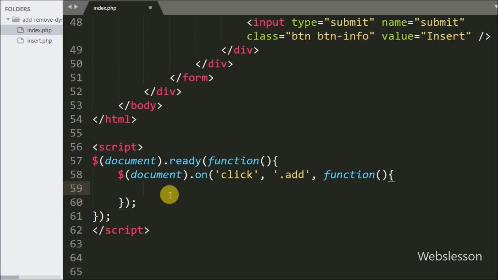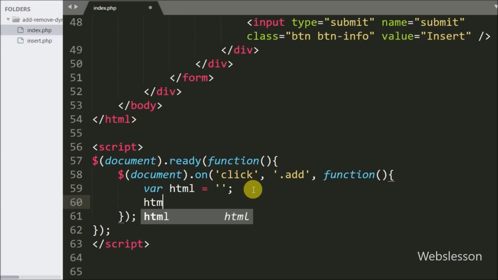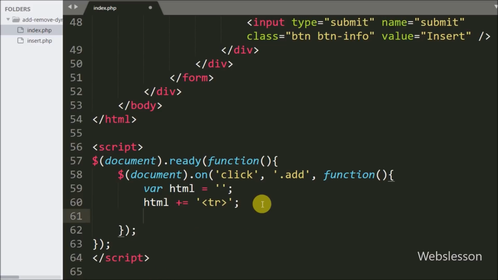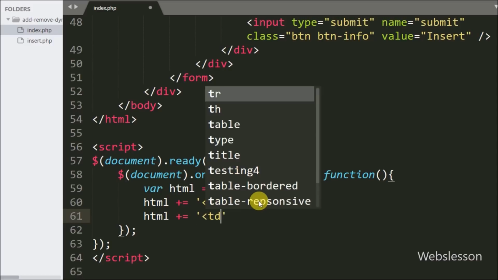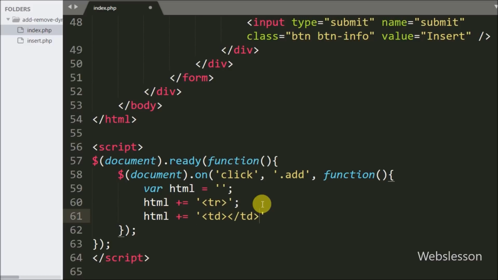Under this we have define one HTML variable is equal to blank value. Under this variable we will store HTML code for append blank table row for enter item details. After this we have write HTML variable, and in this we have append HTML code like open table row tag. Then after we have again write HTML variable, and in this we have append HTML code like open and closed